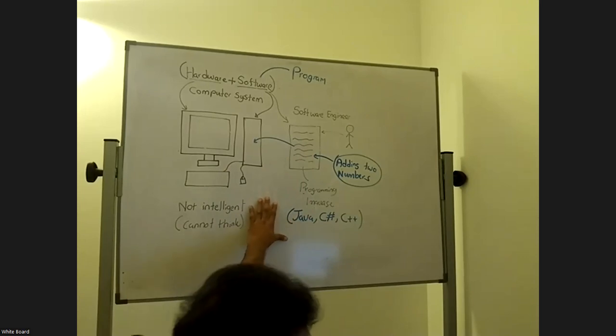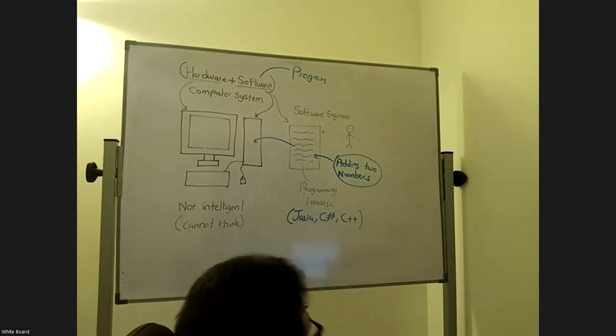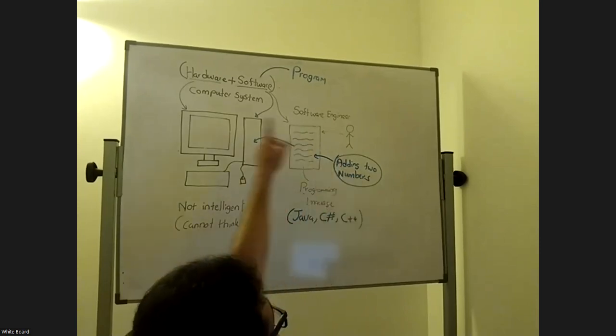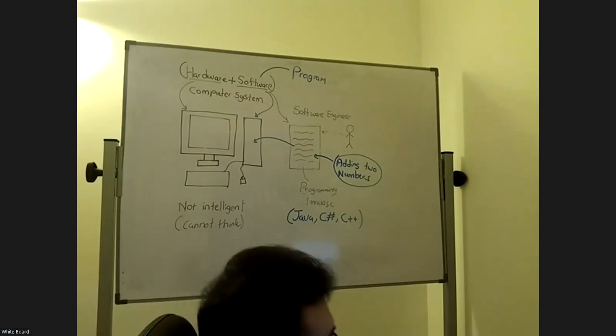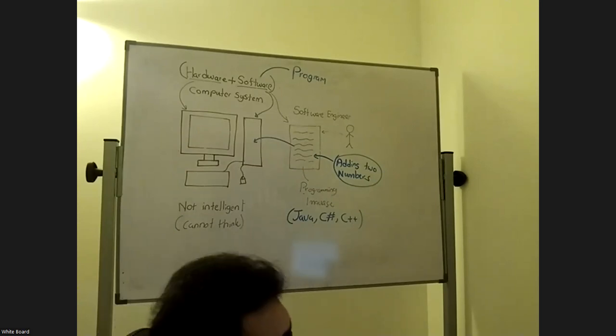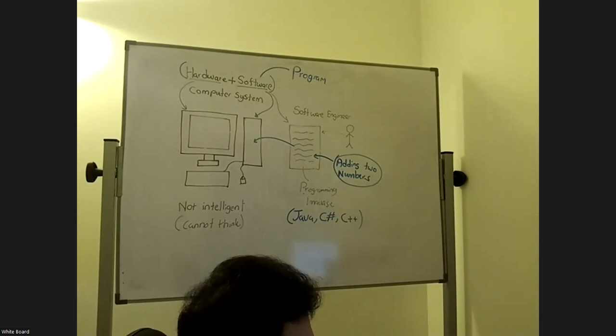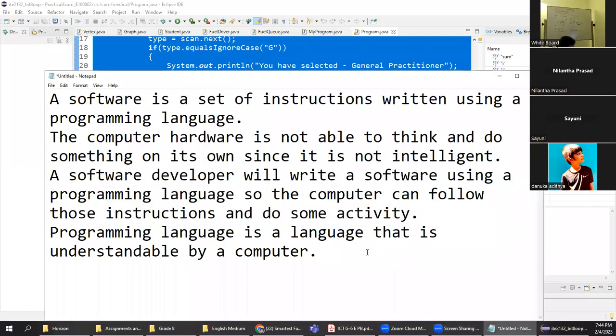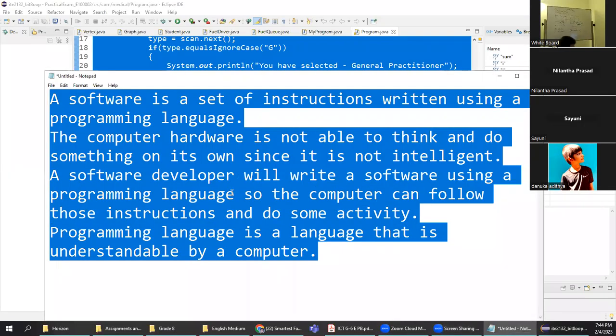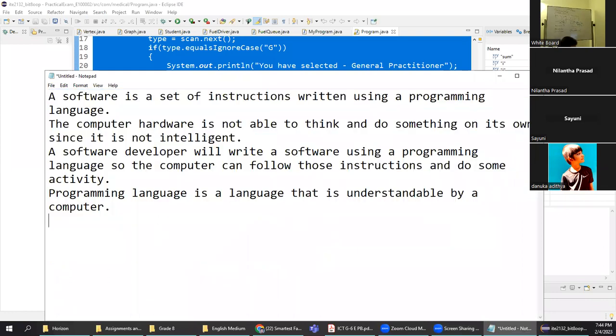So you have to keep that in mind. And last one is programming language. What is it? A language that is understandable by computer. So this entire thing is explained using 4 lines. So we will write down another thing. I'll share the screen. So let's write down that below. Don't wait until I complete it, right? So I will give the smallest entire summary of whatever we just discussed. A software developer